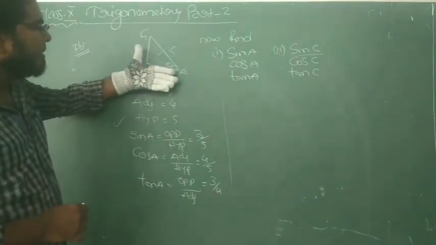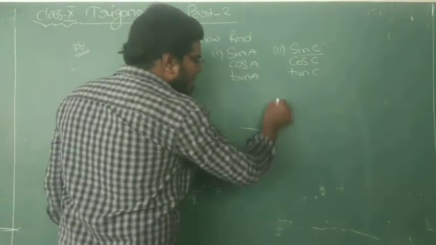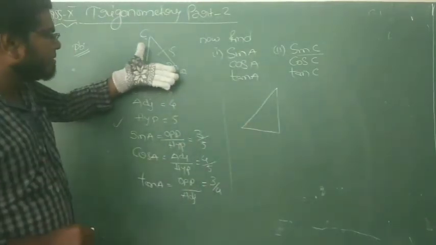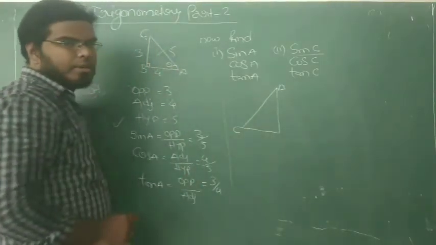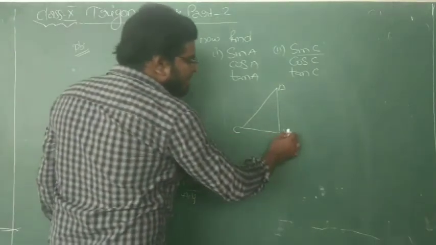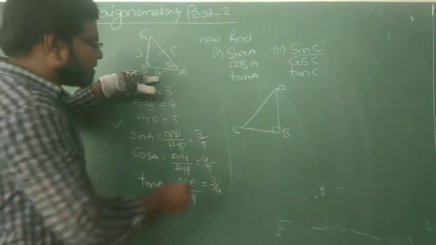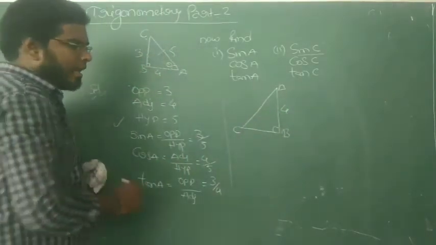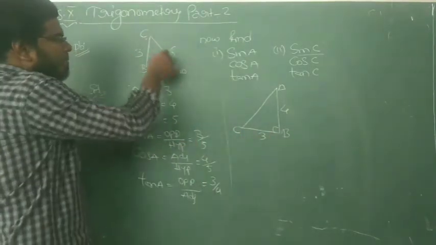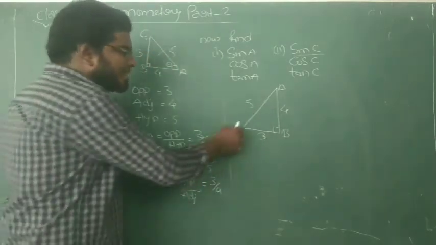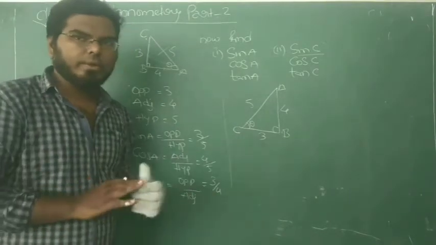No problem. We have this type of triangle. Rotate this one like this. Now I am rotating. Listen carefully. Now I am rotating like this. Then A becomes C, C becomes A. B is constant, it's a right angle. Now AB is what? 4. And what is BC? BC is 3. Then what is the hypotenuse? The hypotenuse is the lengthiest. Now this becomes an acute angle. Is it clear? This becomes an acute angle.